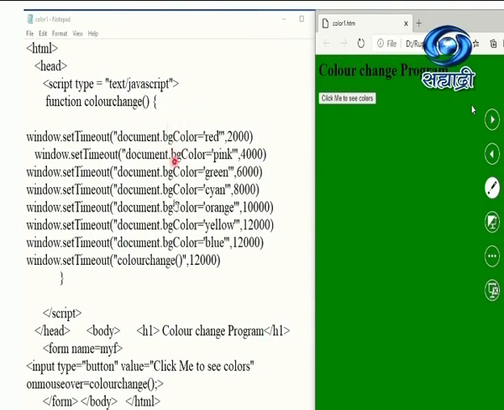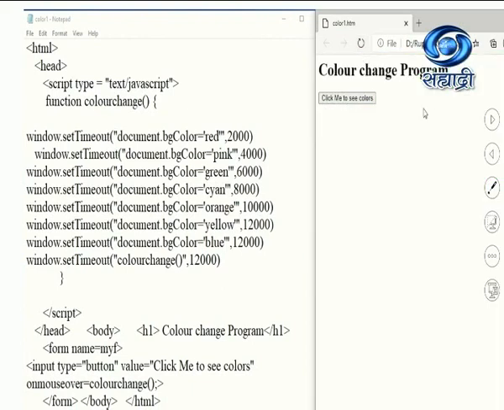Over here it is going to execute these statements upon mouse over. Observe the syntax: I have written double quotes for the setTimeout, and for this red color I have given single quotes. It is important to specify the single quote over here, and these are the double quotes. So single quote completion and then double quote completion. I have written that this should be executed after 2 seconds, after 4 seconds, after 6 seconds, and so on. The last statement calls colorChange again, which means this function will be called again after 12 seconds.